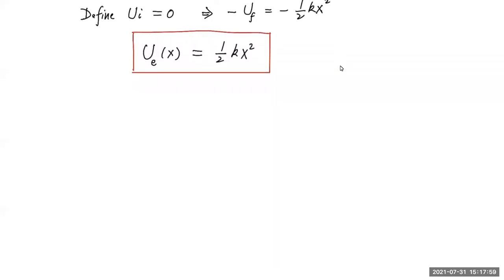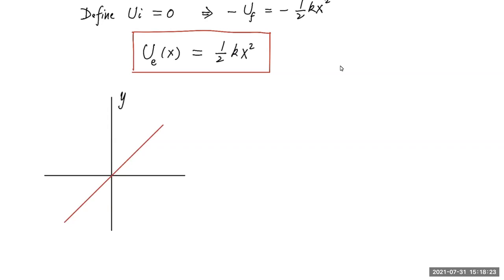In fact, if I had to plot it, this is what I get. If I were to plot the gravitational potential energy, I'm going to get something like this. This is y, and this is UG as a function of y. Whereas with elastic potential energy, if you plot it,